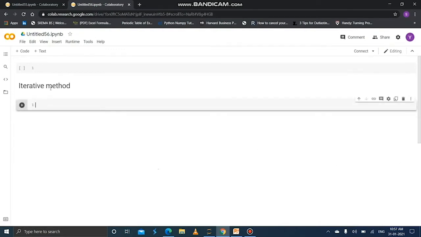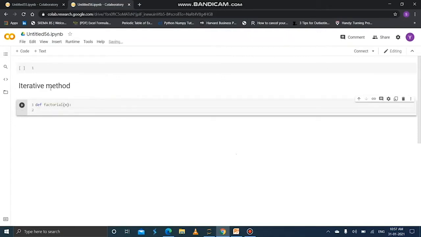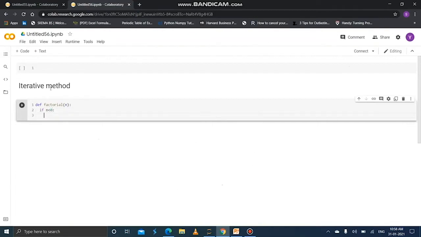First, create the function and assume a function name: factorial of n. I already told you factorial is only for positive integers and 0 factorial is 1. If n is less than 0, it is a negative integer.